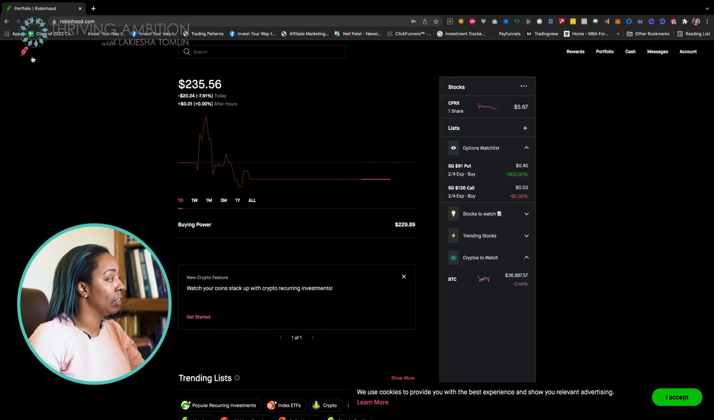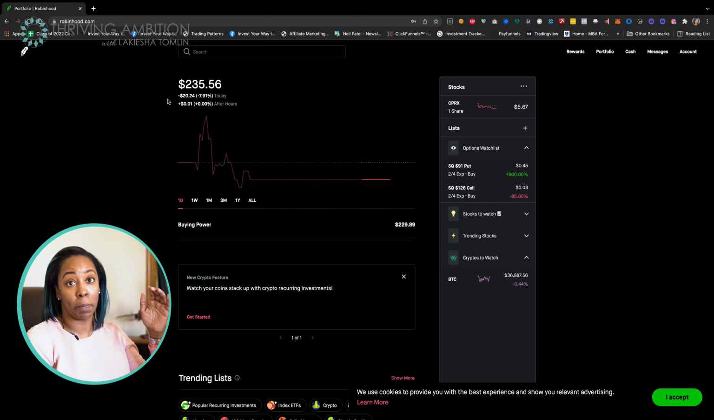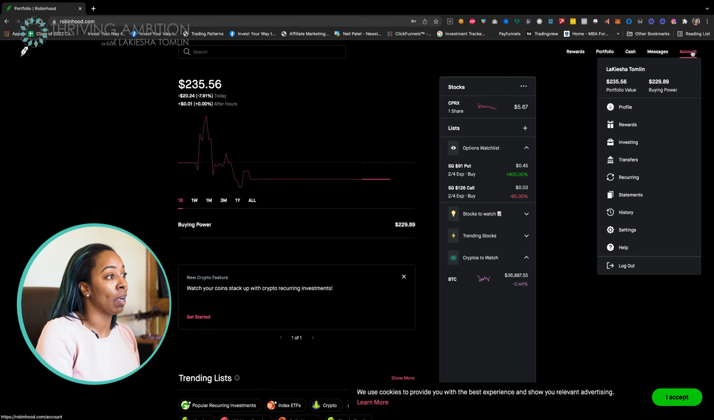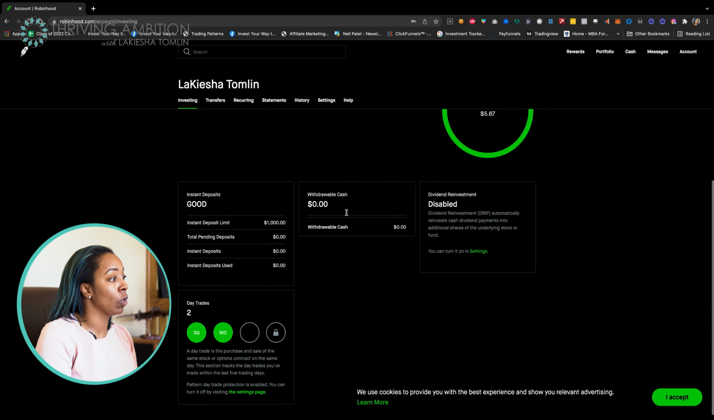If we go over to the computer, then this is just the regular Robinhood platform. As you can see, here's my money. I lost 20 bucks today doing options trading. It's not bad. One went up a little bit and then one went down a little bit more, so it balanced out to about $20. But anyway, if you go ahead over to account and then go to investing, then if you scroll down,